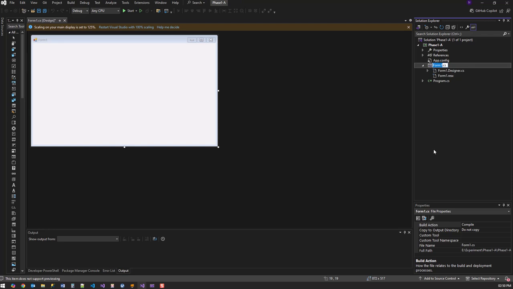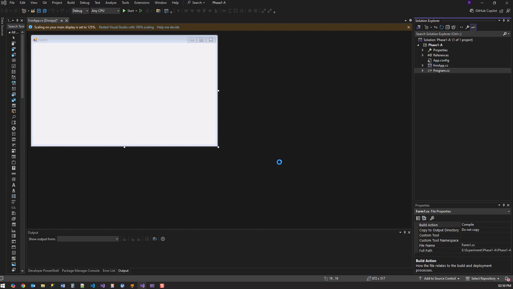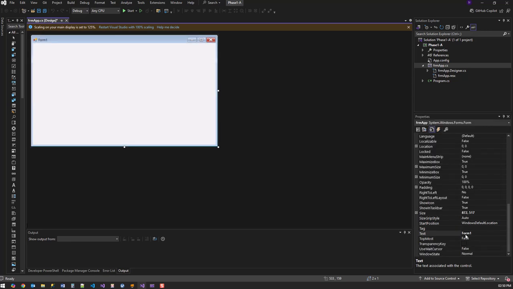Usually the form name starts with frm to show that it is a form. I'll give it a name, let me say frmApp, for the application. You want to change everything? Yes. Okay, so that is done, but as you see, the text of it is still Form1. If you click here and go to the Properties window, you will see the Text property called Form1. If you want to change that to whatever is required,